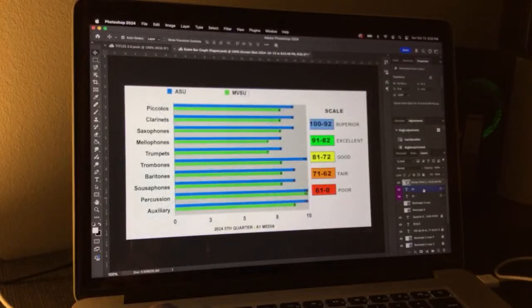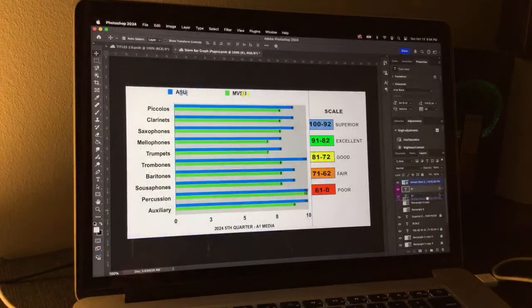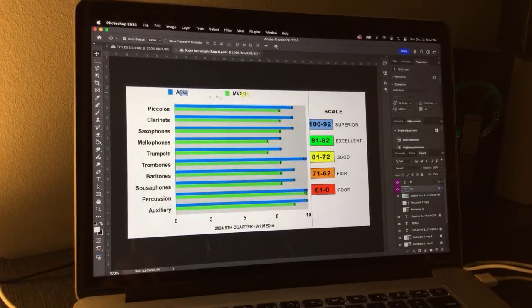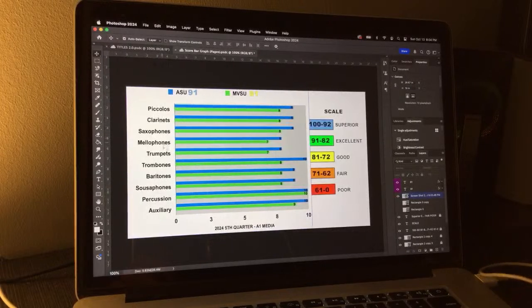This should be behind the scores. So bring this down. All right, highlight the scores. We got them both. Great. That's about right there. That looks good. Double check. 5th quarter A1 Media. I shouldn't have to check this spelling because I never touched it. Make sure it's not